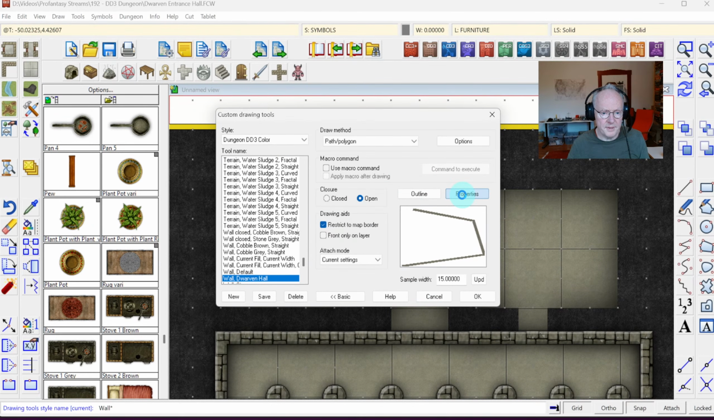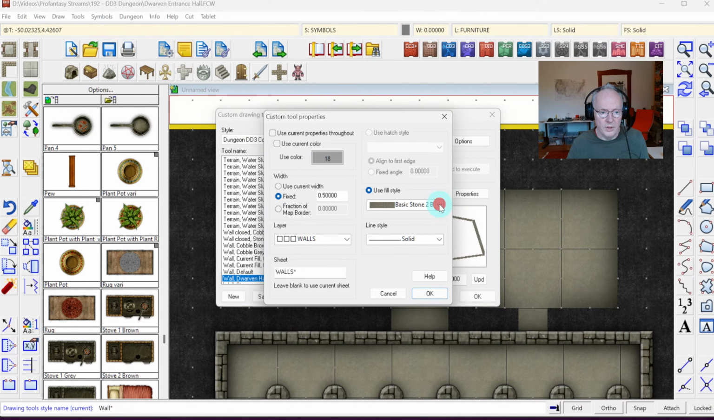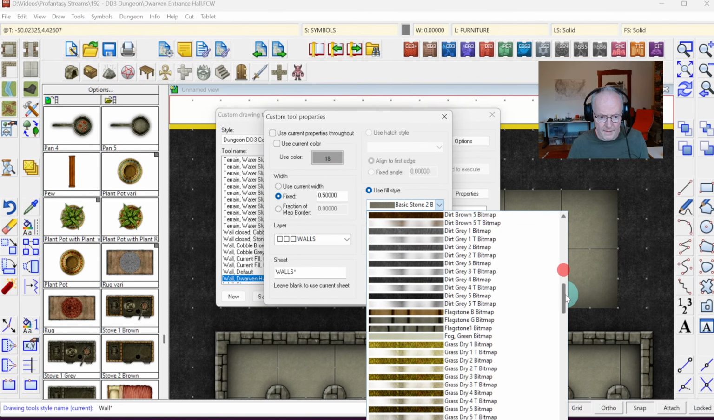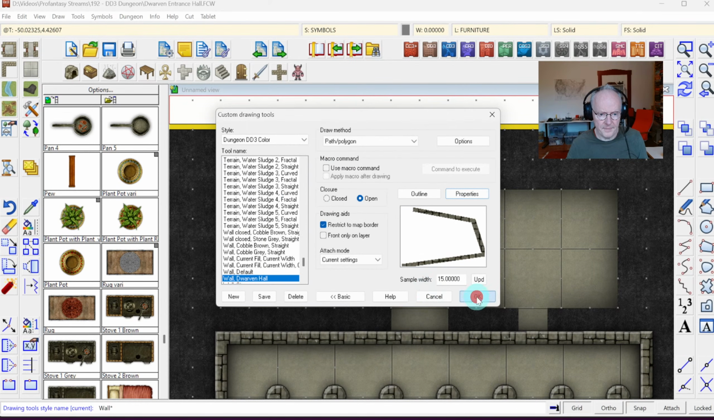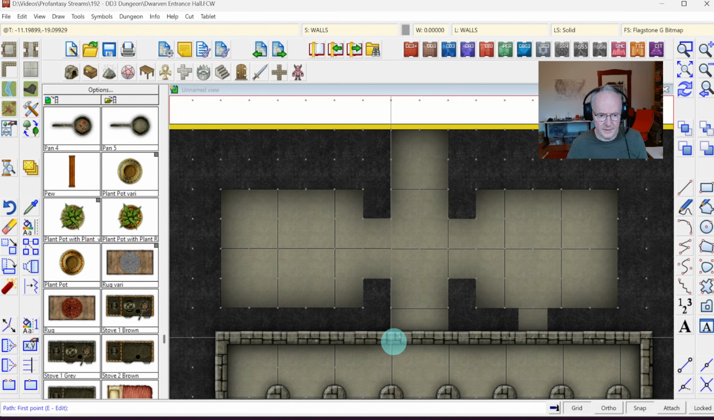In the properties, I need to set my fill style. And we have the flagstone, but let's grab the correct one. This time it's with the larger version of the fill, flagstone G bitmap. The big walls here were 2 foot wide, but for the side walls I want something not quite as wide, so I'm going to try it with 1 foot width, and I'll leave everything else as is. Click OK, save the settings, and then I can just draw these walls here